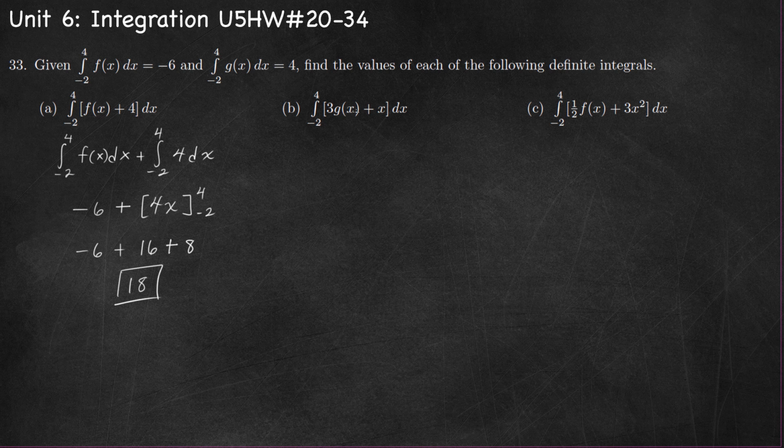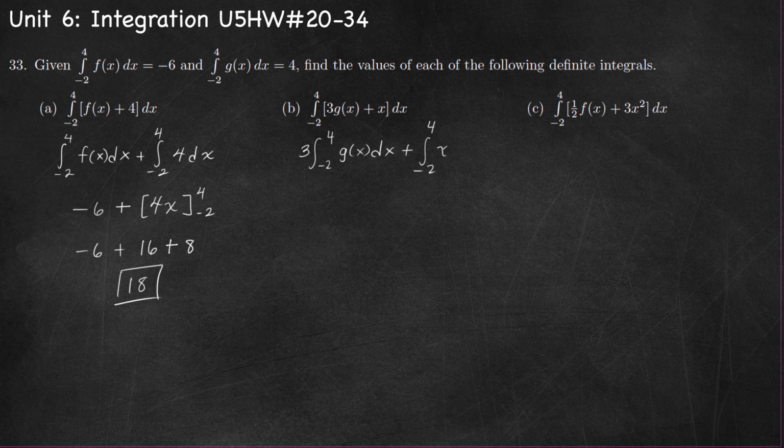Part B, the integral of 3g of x plus x dx. We're integrating from negative 2 to 4, so I can use my properties here. I can separate this into two integrals at that plus sign, and I can use my constant multiple property and bring the 3 to the outside. So 3 times the integral from negative 2 to 4 of g of x dx,